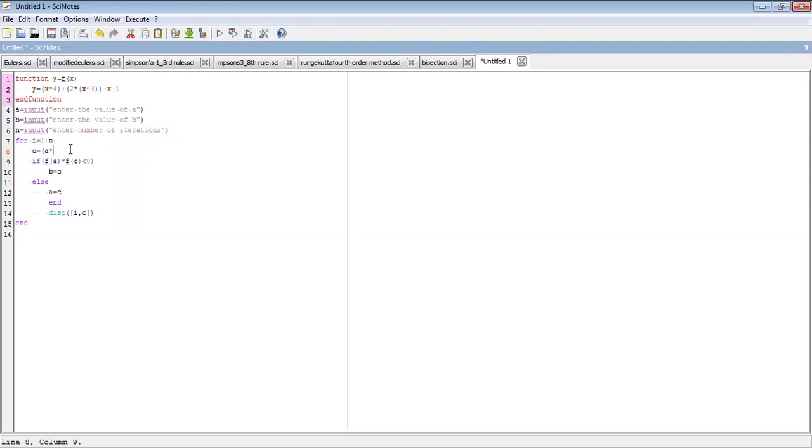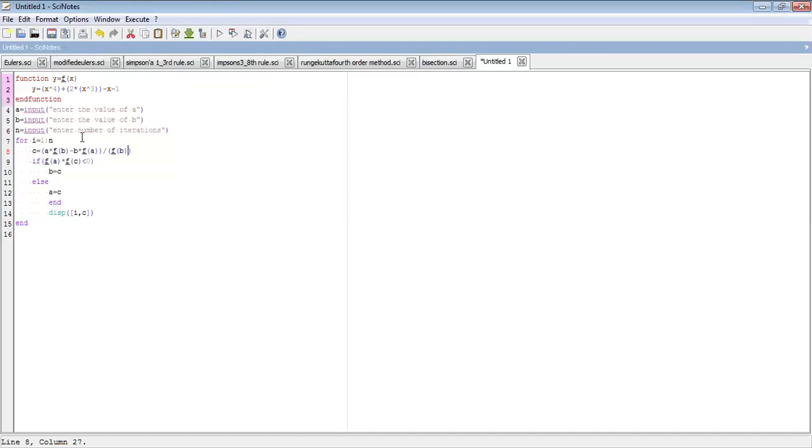So a star f of b. F of b means I'm calling the function. We have the function, correct? F as a function. I have labeled the name as f, so I'm using f of b. If I label it as complete function or fun, then I would have written fun as the name. So this a f b minus b star f a, this whole bracket complete, divided by f of b minus f of a.